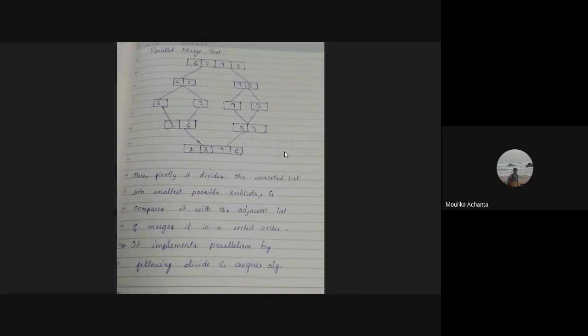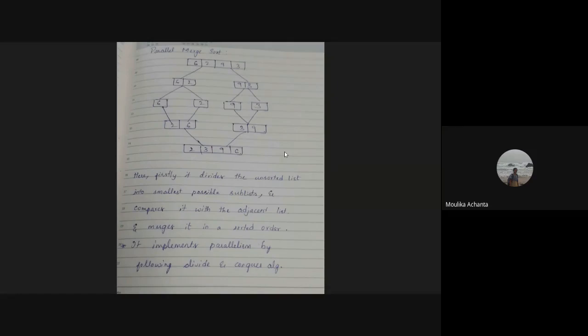We'll see the example here. 6, 2, 9, 3 is the list given. Initially, it was divided into lists of two elements, and then it is further divided into lists of one element each.